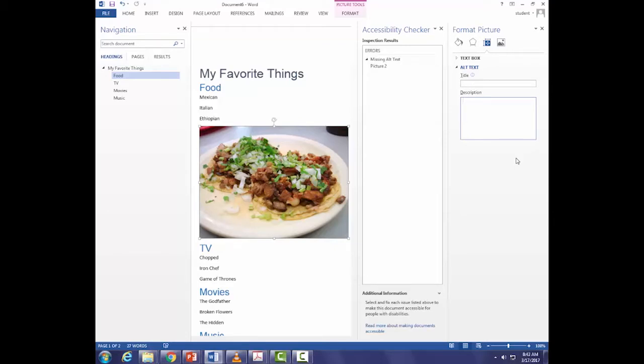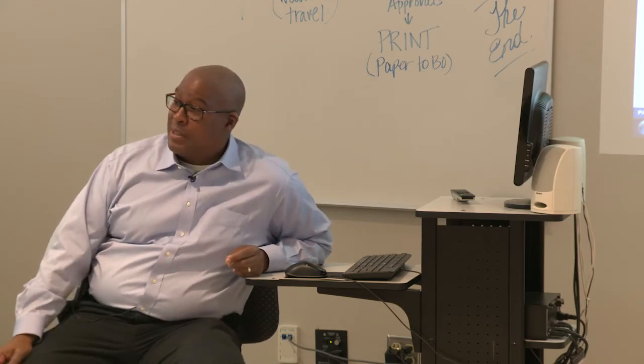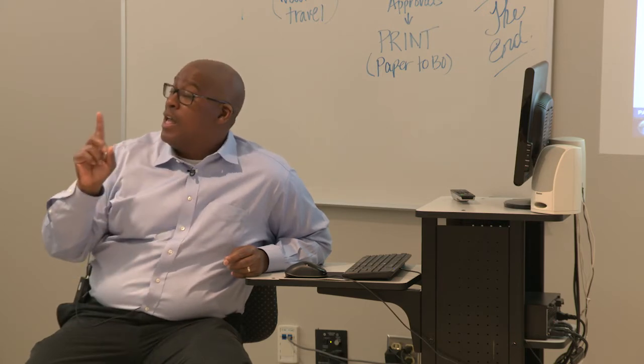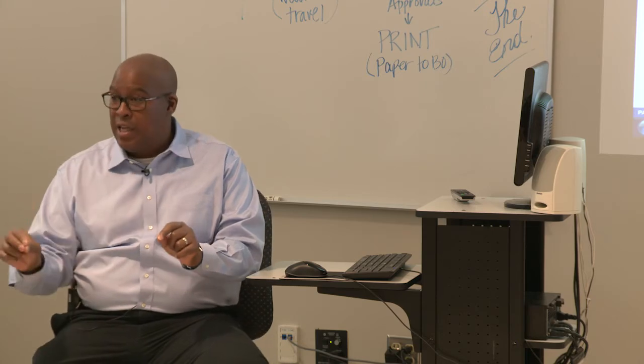So as soon as I type a letter in that description box, that green check mark is going to say, hey, this is an accessible document. Remember, I told you during our brief philosophical discussion, we don't ever want to become dependent on that green check mark. Let's use that green check mark as a way of letting us know what is not accessible, not what is accessible. Does that make sense? Use that green check mark to tell you what is not accessible, not what is. The only entity that can ensure accessibility is you, a person.